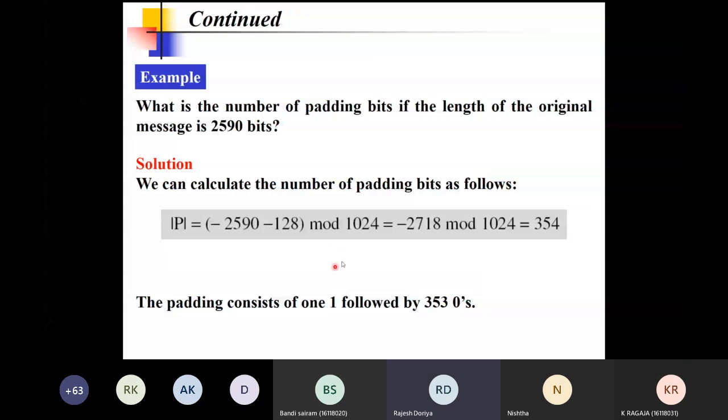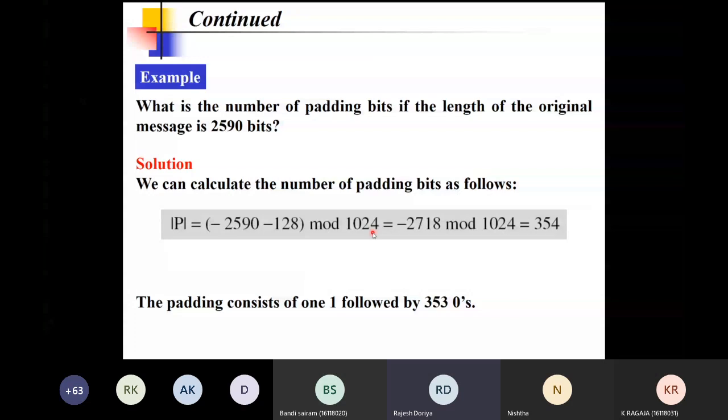And all of them has to be equal to 0 mod 1024, so that the whole message can be divided into equal number of blocks of size 1024 bits. So the mod has to come 0. So when you evaluate this expression for P, it will be message minus N minus your length field mod 1024. Whatever answer comes, this will be your final answer.